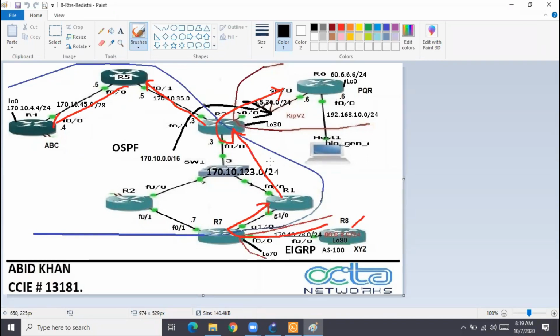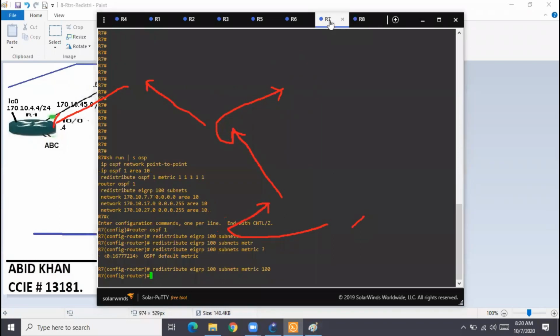you have this requirement in your lab for the redistribution, and they say you have to do the redistribution, and the OSPF metric for the redistributed routes must vary. That means they are telling you that now what? You can't have external type 2. So once you get that instruction in your task, you need to go to the redistributing router.